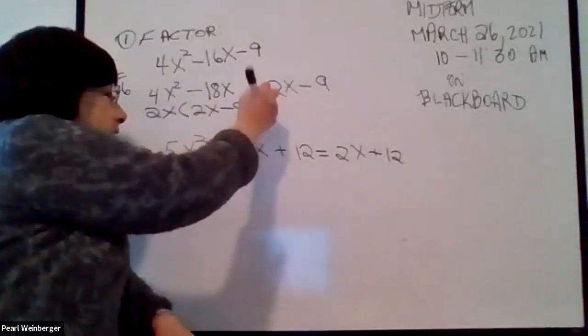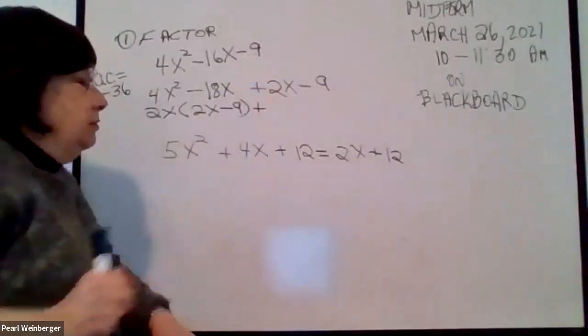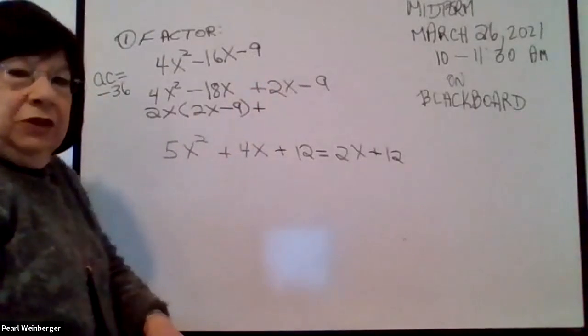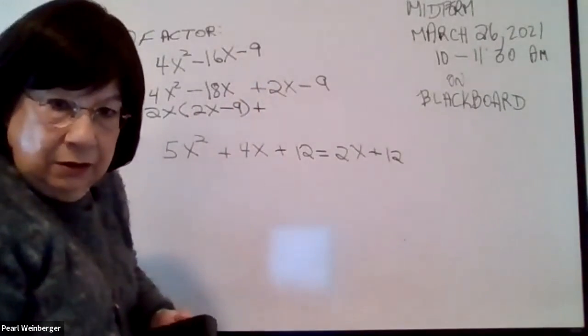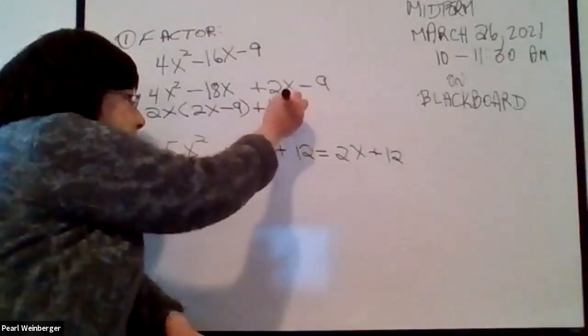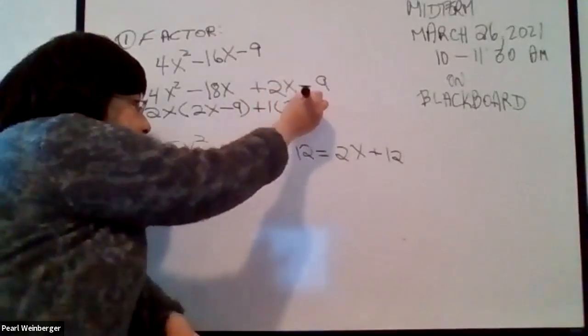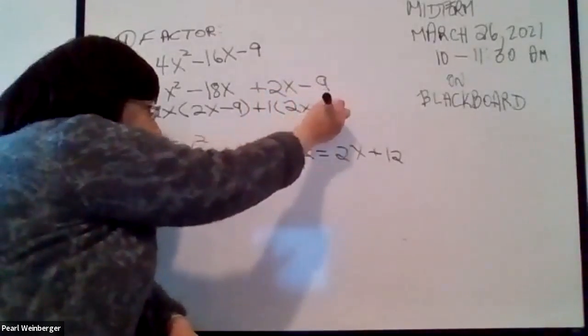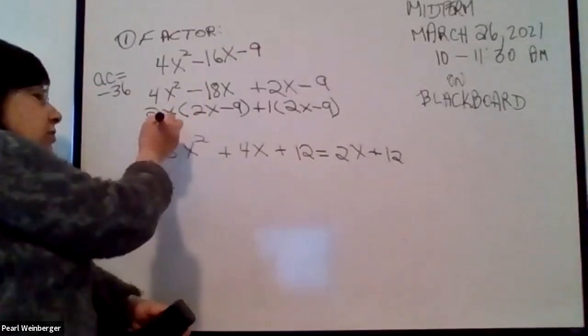Okay, what about your second group? Obviously it's going to be plus because that's plus. What's your common factor there? You don't have any, so you're going to use 1. So you're going to put 1 out here and then you're going to get the 2x minus 9. Yeah, that's what I got. Okay, and then your final answer becomes,